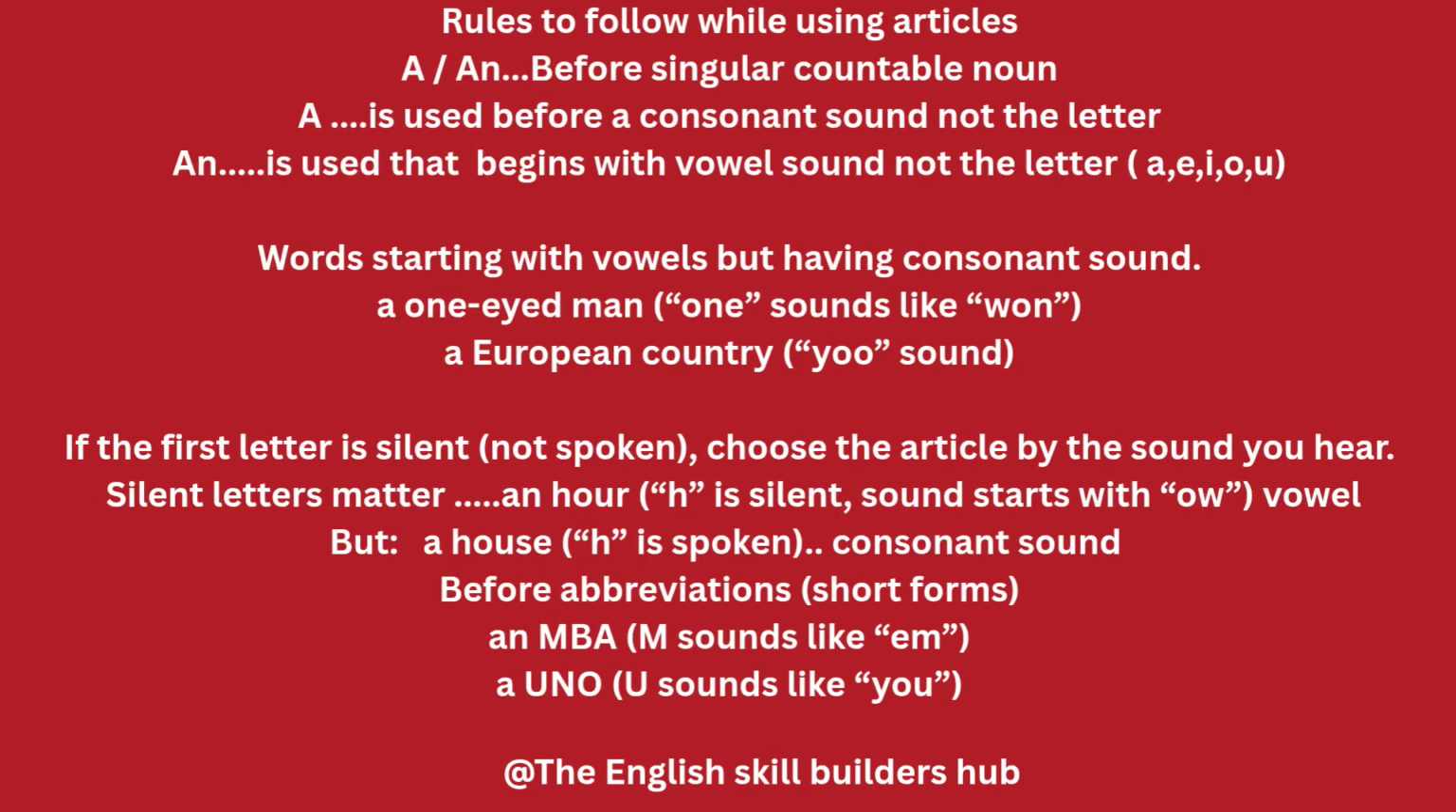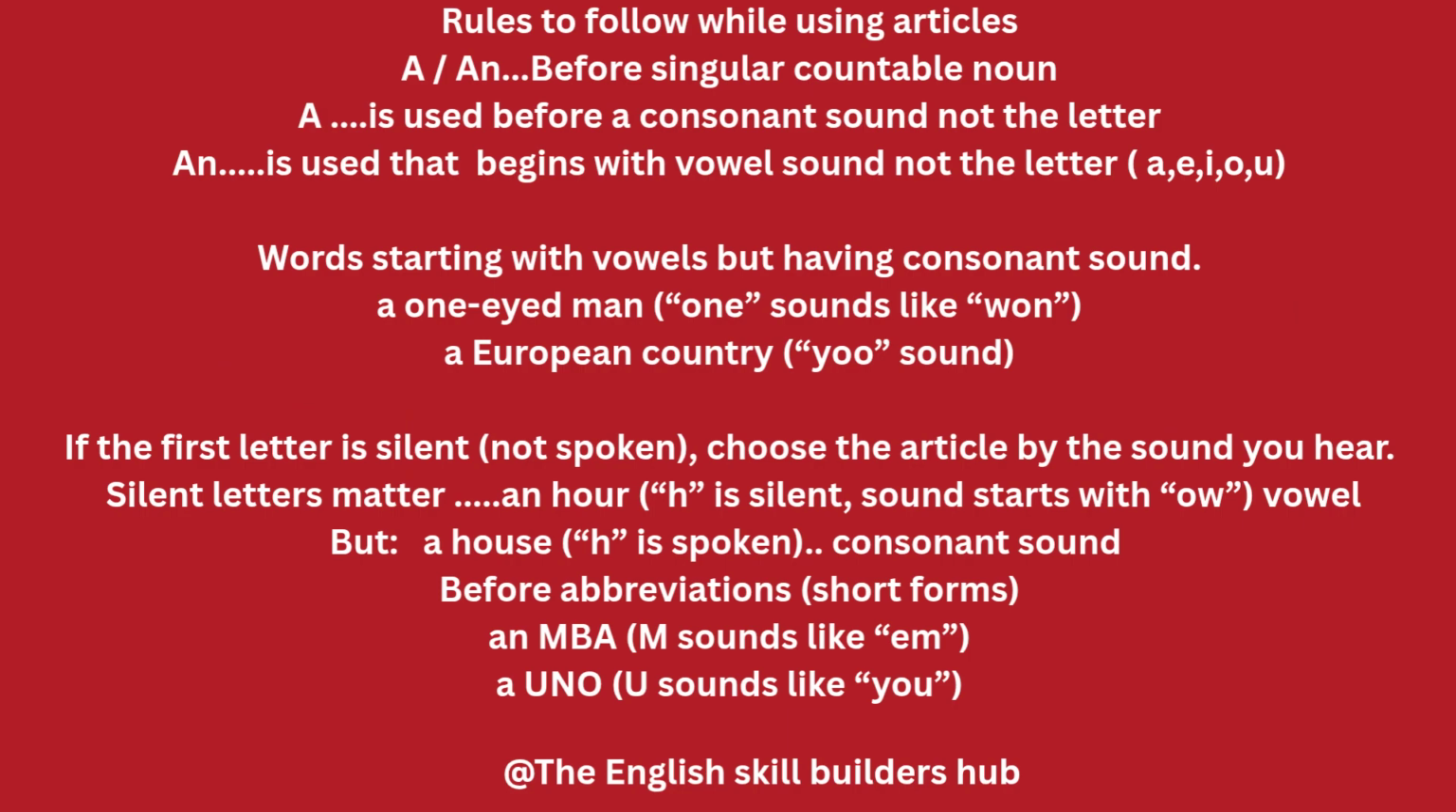Rules to follow while using articles. A and an we should use before singular countable nouns. A is used before a consonant sound; we should not focus on the letter. An is used before a word that begins with a vowel sound, not the letter. So you should not focus on the letter, just focus on the sound. Here an is used for the vowel sounds, that is a, e, i, o, u. These are the vowels, but you have to check the sound: a, e, i, o, and also u is pronounced like